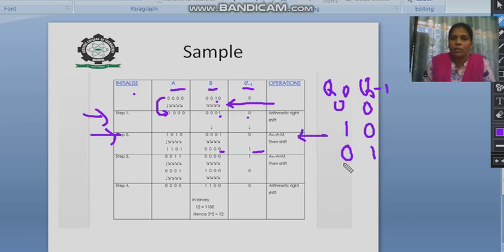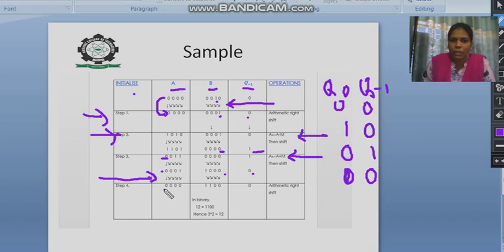After having 0 1, we need to perform the addition operation. So we perform the addition, and then make an arithmetic right shift. Here the last bit is 0, so again we have 0 at the end while performing the arithmetic right shift. We have 0 and 0. So again Q0 and Q minus 1 is 0 0. Both are the same, so we need to do nothing except the arithmetic right shift.